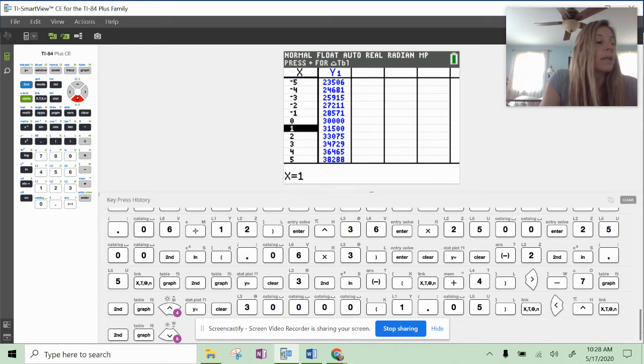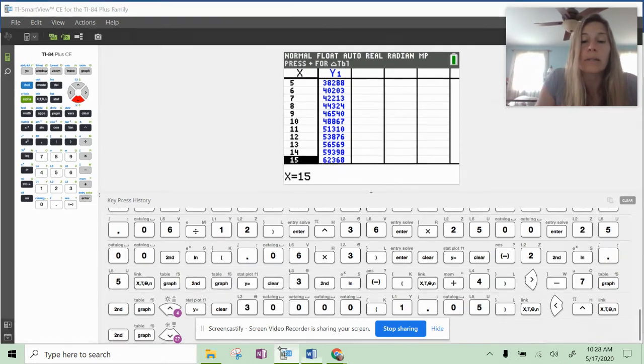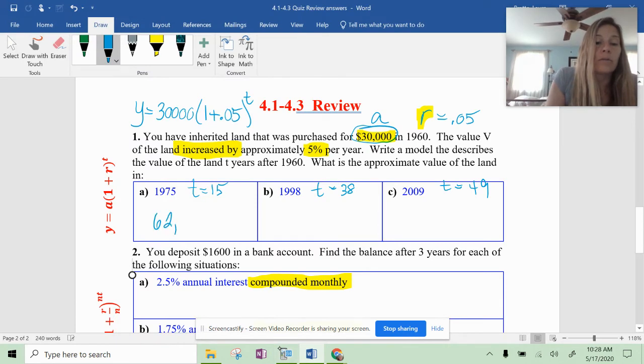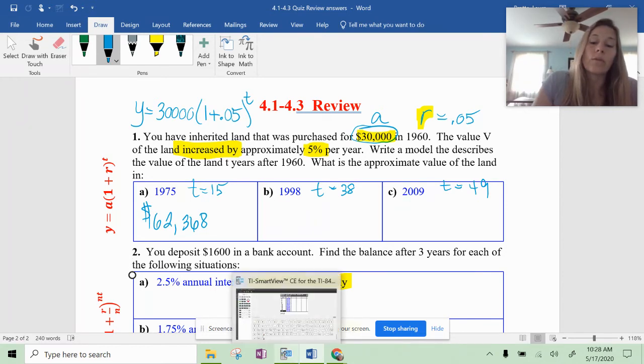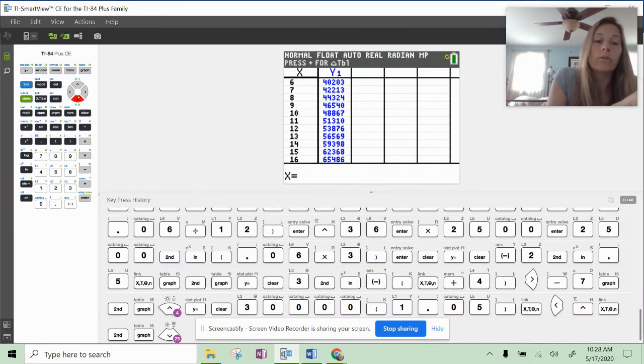So the first one I needed was 15 years later. So I'm going to scroll all the way down to 15, and I see it's 62,368. You should get basically the same answer if you did it on your calculator individually. Now we want to scroll down to 38 and then 49. So if I scroll all the way down to 38,